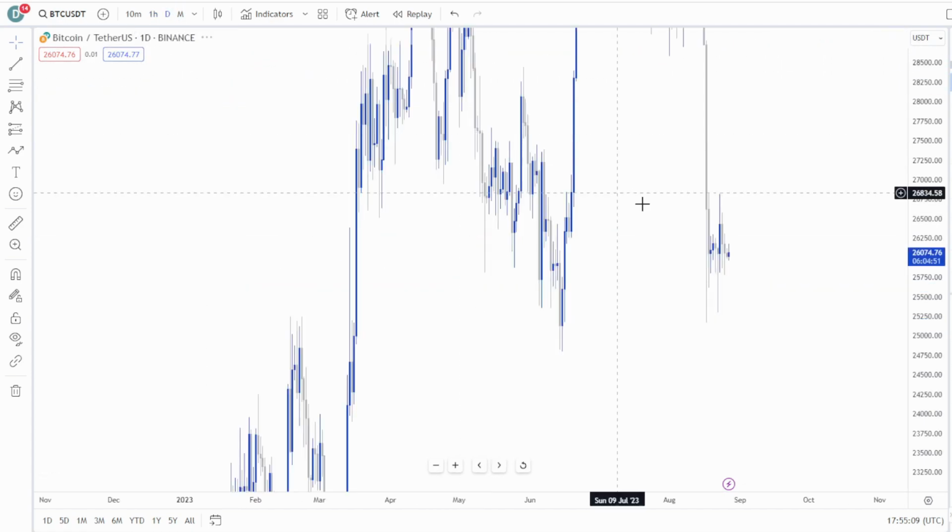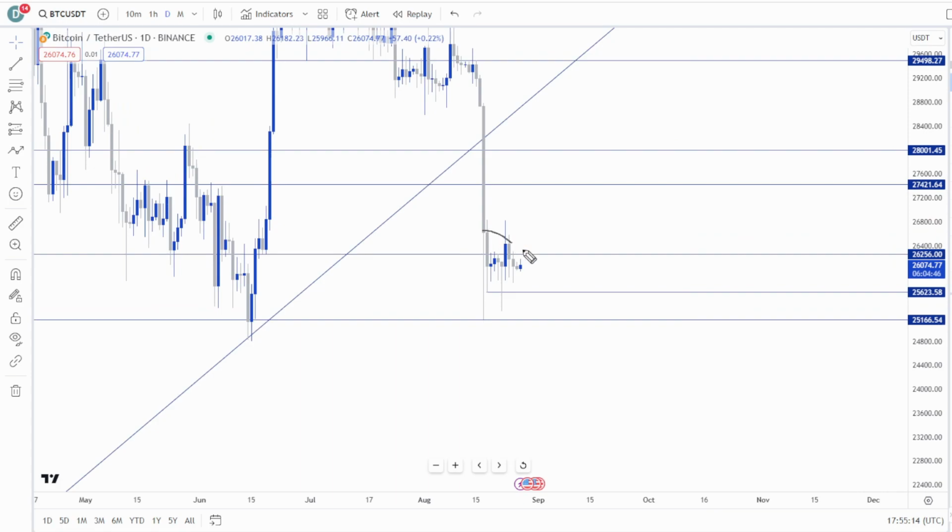But pulling back to the daily chart, again, the contrarian view here is it's going to break out and retest these higher levels. And who knows, we could even get a situation where it goes higher to retest the breakdown area where it broke down right here from that trend line. I think this is a tall order to get past 28,000 though, especially with indices looking as weak as they are